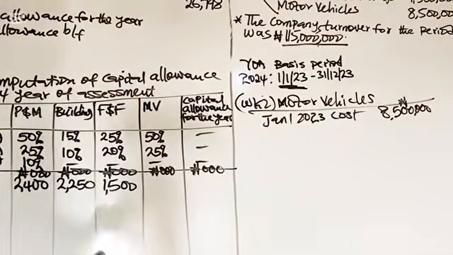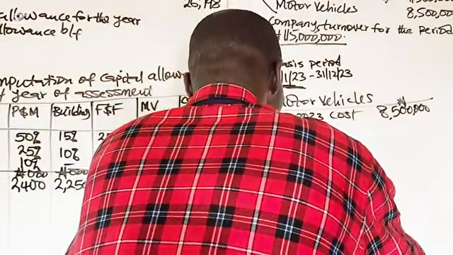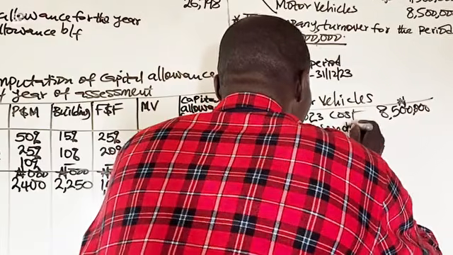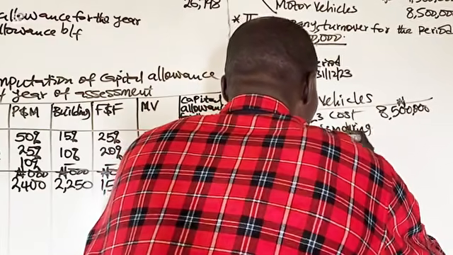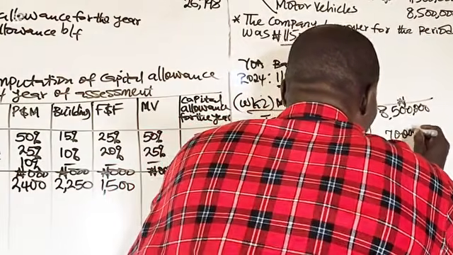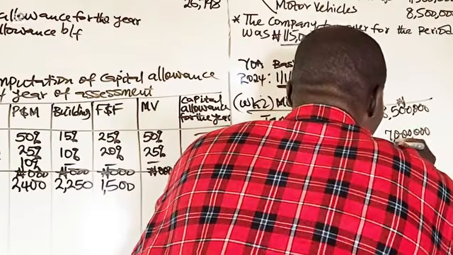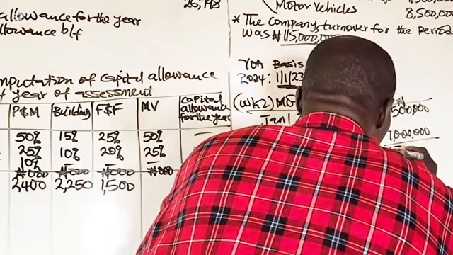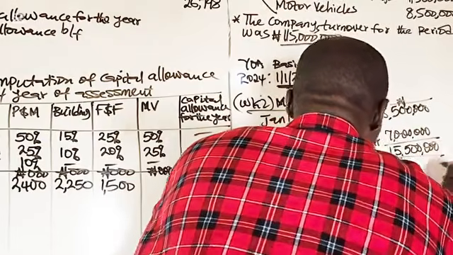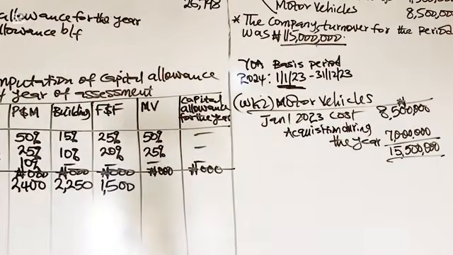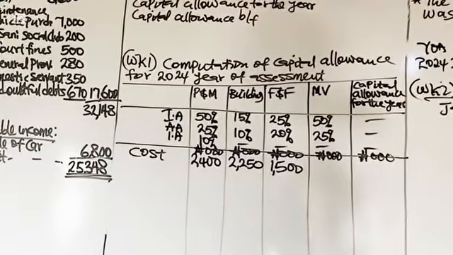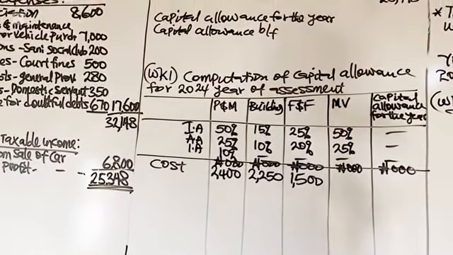So we have acquisition during the year, 7 million. That means the cost of motor vehicle will be 15.5 million naira. So that is the amount that will be treated as the qualifying capital expenditure on motor vehicle